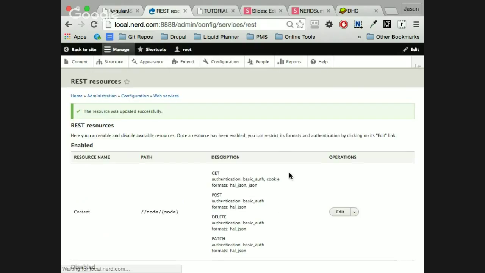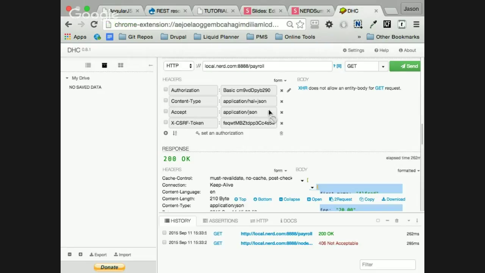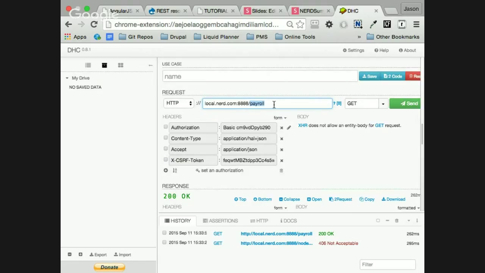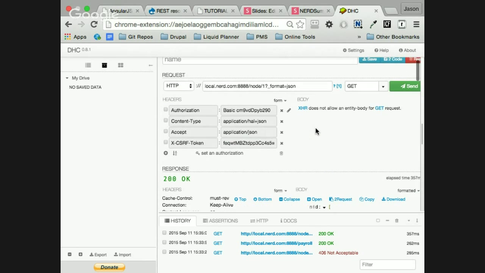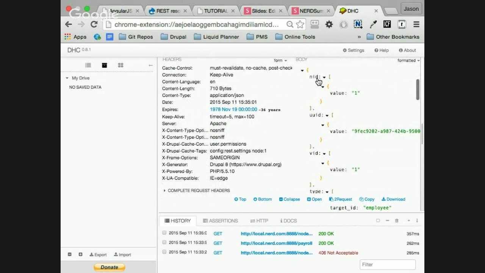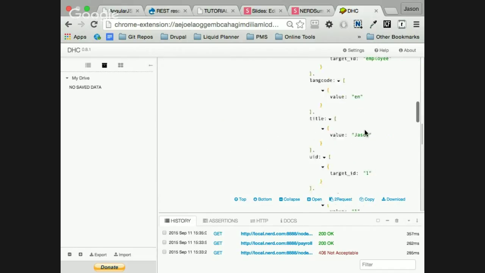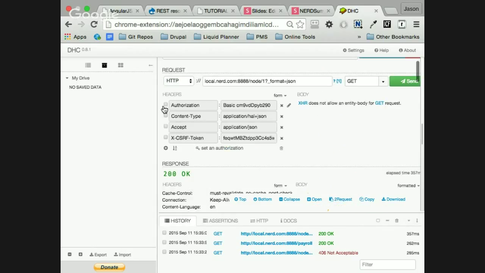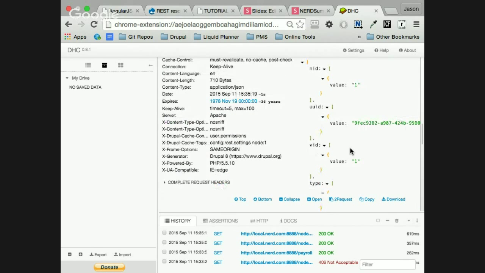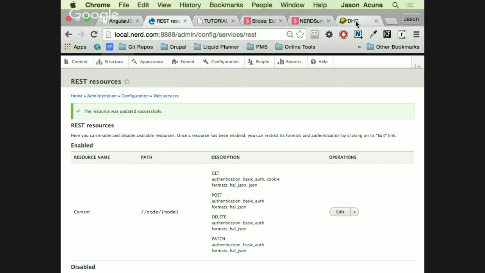Okay. Now I can access just that node one now because let's just enable it. And I'm saying format JSON, and I will get the error message. No, I went through. Now I have the node ID number one, the value, the employee language, and everything that I need. It's weird because I never enabled this, but we have access to it. Oh, that's because we're using a cookie.